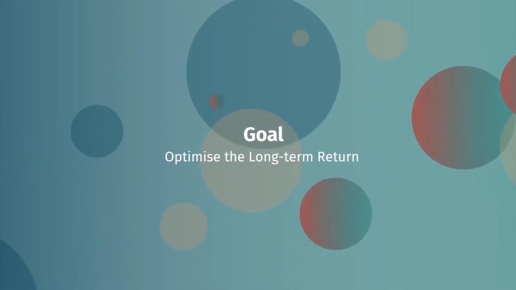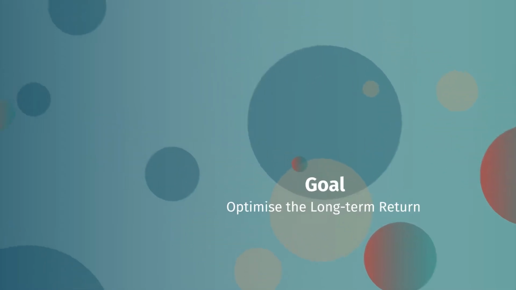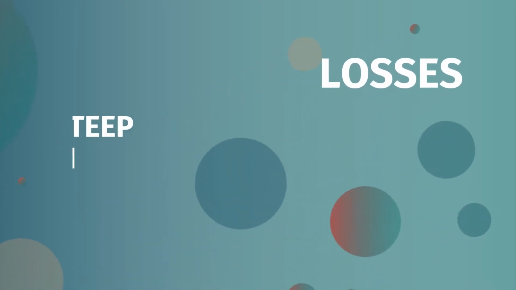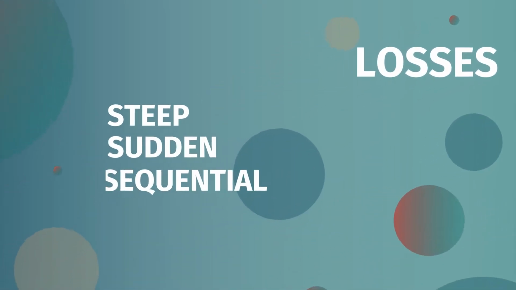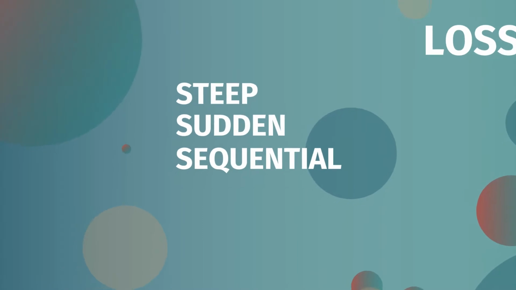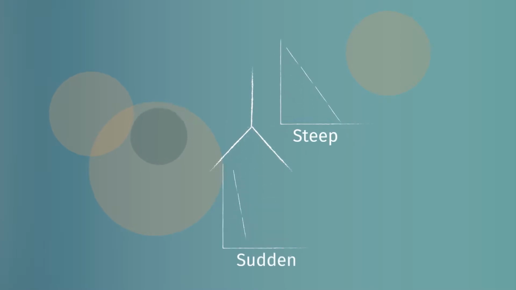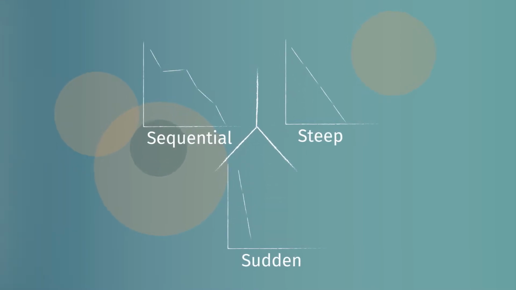In seeking to optimize long-term returns, we have to be very wary of losses. In particular, the 3 S's: steep, sudden, and sequential. Investors need to avoid these types of situations. The reason why investors should manage their position aiming to avoid steep, sudden, or sequential losses is because they devastate